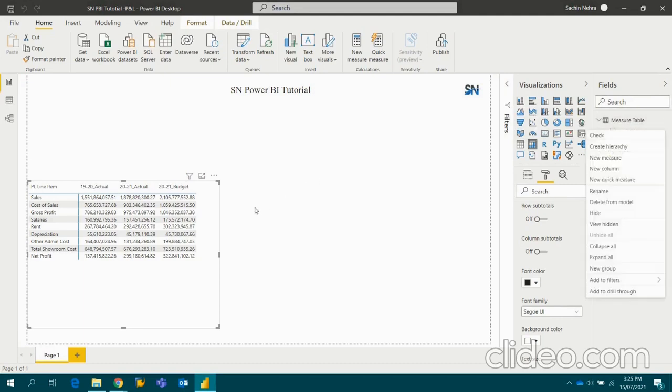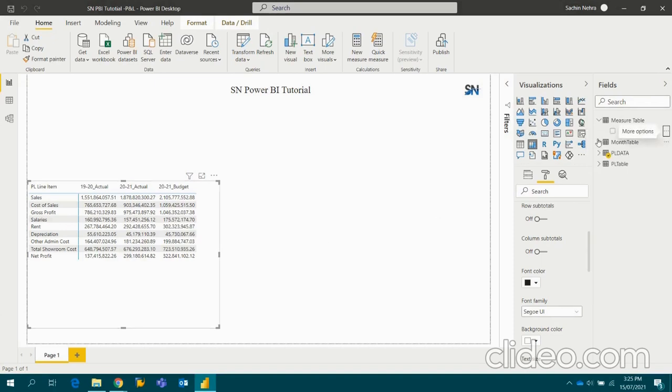So right now the value is coming from a particular column which was there in my raw data. I'll break that value column into multiple sections. What I mean to say, I'll make a column for 1920, 2021 and 2021 budget. Using those three measures, I will compute the budget achievement and the year-on-year growth, accordingly the growth in percentage and achievement in percentage.